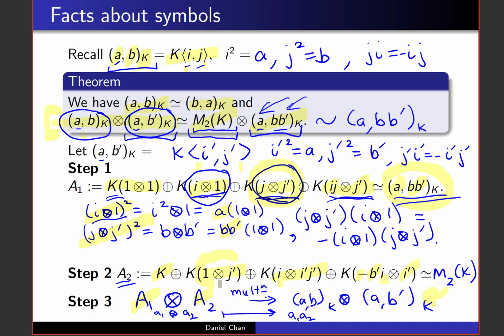For example, this term here commutes with this term here. Okay, so the j prime of course commutes with the j prime because they're the same. So of course 1 tensor j prime commutes with this one, and similarly 1 commutes with ij, and j prime commutes with this j prime, so they commute as well. Okay, so you can check individually that these commute, and so of course you've got a homomorphism from this side